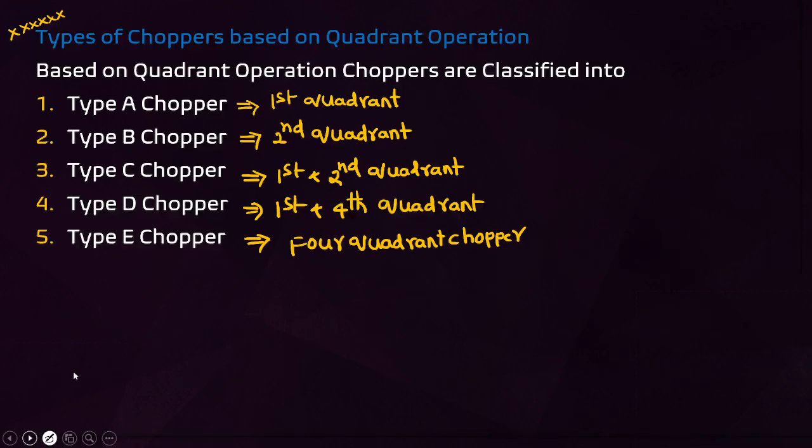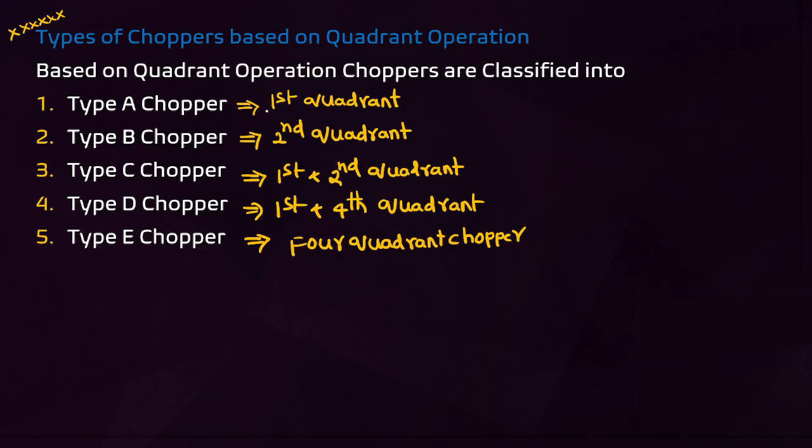Please practice this one. Next, one more topic with respect to choppers. Up to now I completed the buck regulator, boost regulator, and buck boost regulator. From these three circuits, 99% we can expect the questions. If they are not asking questions from these three circuits, they directly enter into the types of choppers based on commutation. But before going to that, you have to see the types of choppers based on quadrant